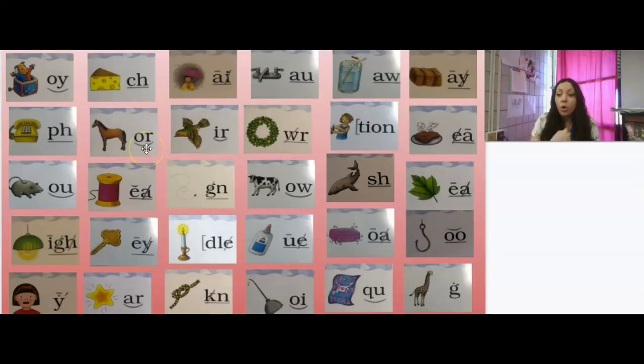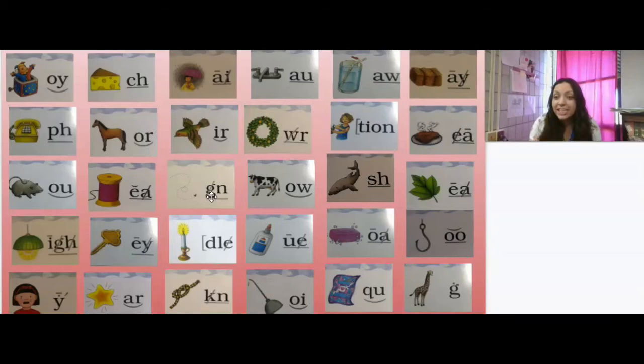Phone, digraph PH. Horse, or. Combination O-R. Bird, combination I-R. Wreath, R. Ghost digraph W-R. Then we have lotion, shun. Final syllable T-I-O-N. Then we have steak, A. Digraph E-A. Mouse, ow. Diphthong OU, thread, digraph EA, gnat,